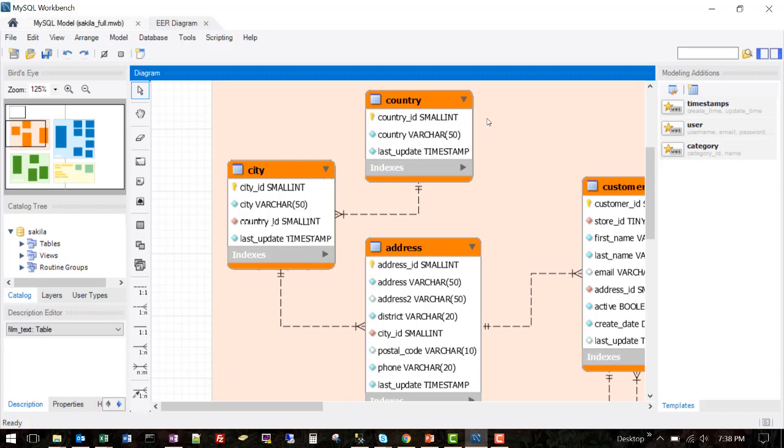This table has 3 columns. The first column is called country ID, which is an integer, and it is a unique identifier of each country, so that we don't have to rely on the names to be unique from country to country,